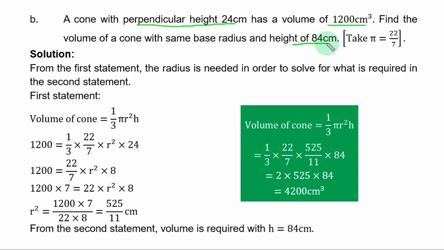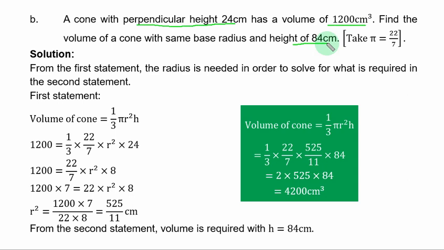From the first statement, the radius is needed in order to solve for what is required in the second statement. The 2 cones have the same base radius. So from the information given in the first cone, you can get the radius before getting the volume